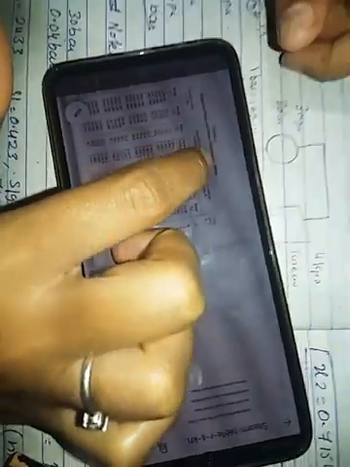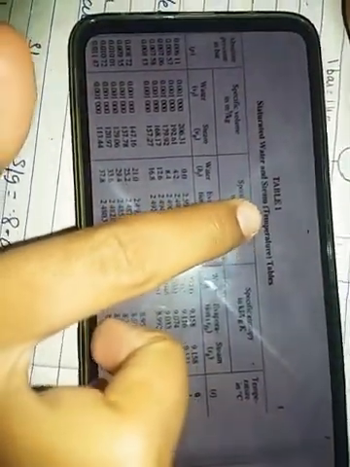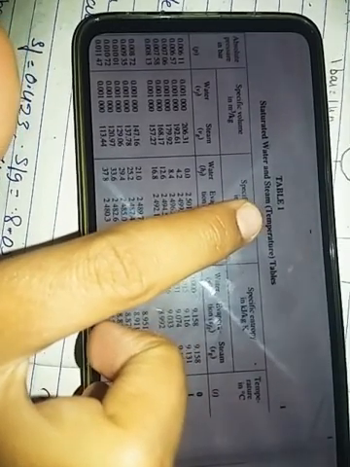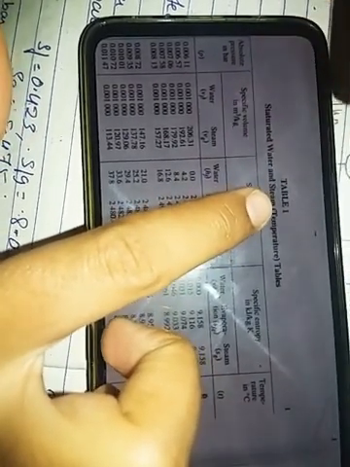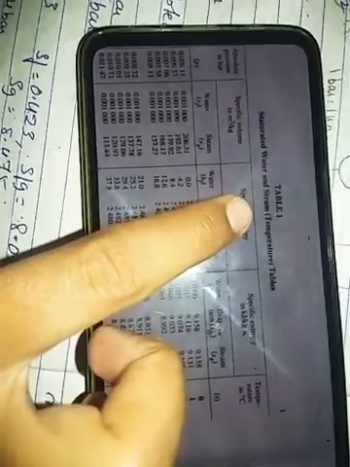So what am I using? In the question, what is given? In the question, pressure is given. See here, in this Table 1 it is the temperature table. What is given in the question? Pressure is given. If temperature was given, I might have referred to Table 1. For us, in the question, pressure is given. So refer to Table number 2, which gives us pressure.